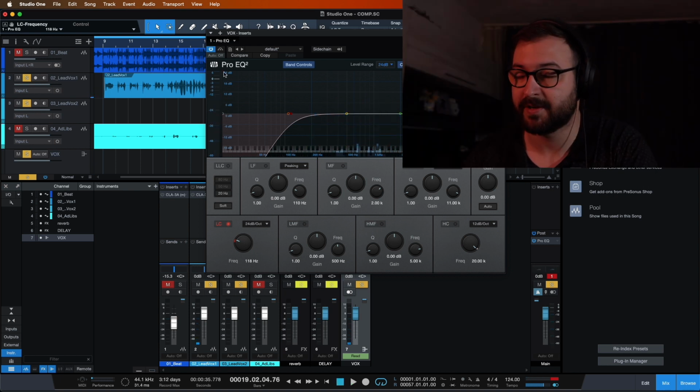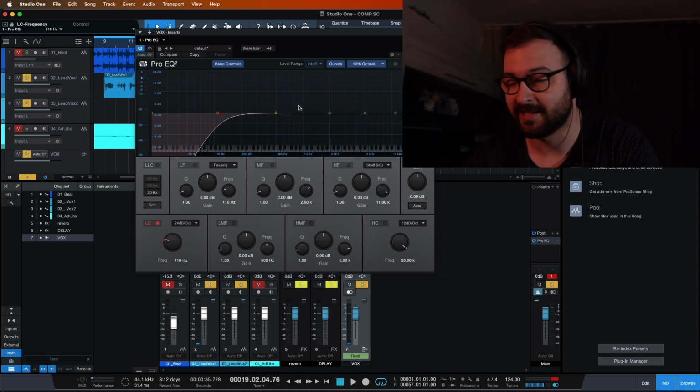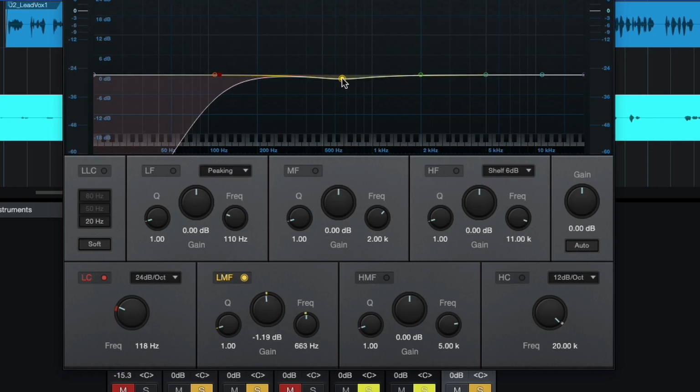So for me 118 Hz works, at least for now. Then what I'm going to do, I'm going to take this, well, not actually this, because this is for the low mid frequencies. I'm going to take, oh come on now, 114, fine. I'm going to take this for the low frequencies and I'm going to move it at around 200 Hz, and I'm going to cut this here as well. Just a bit, 2 decibels, that will do.